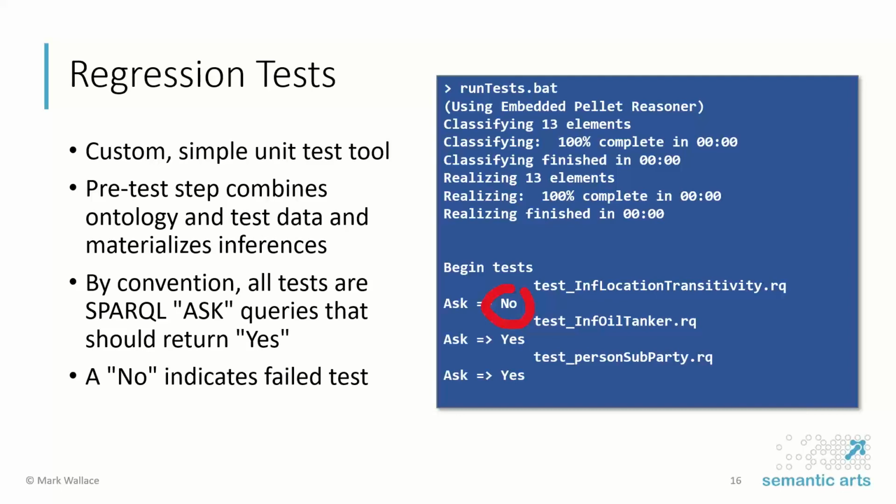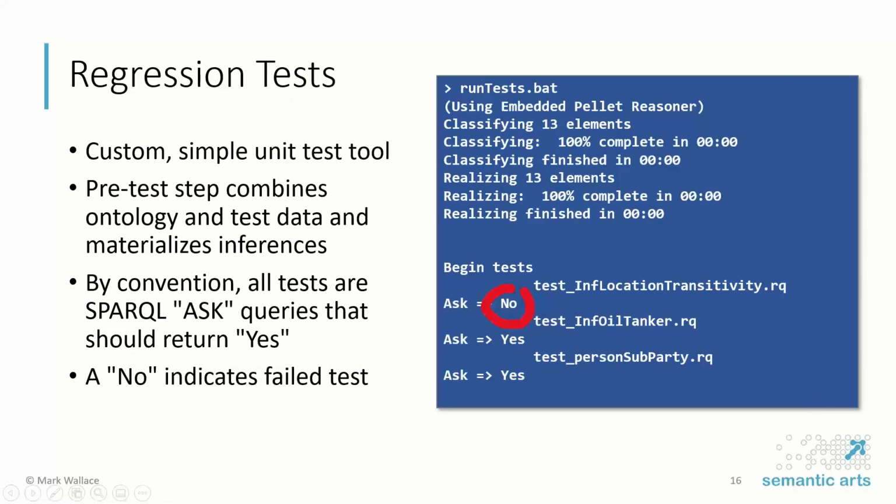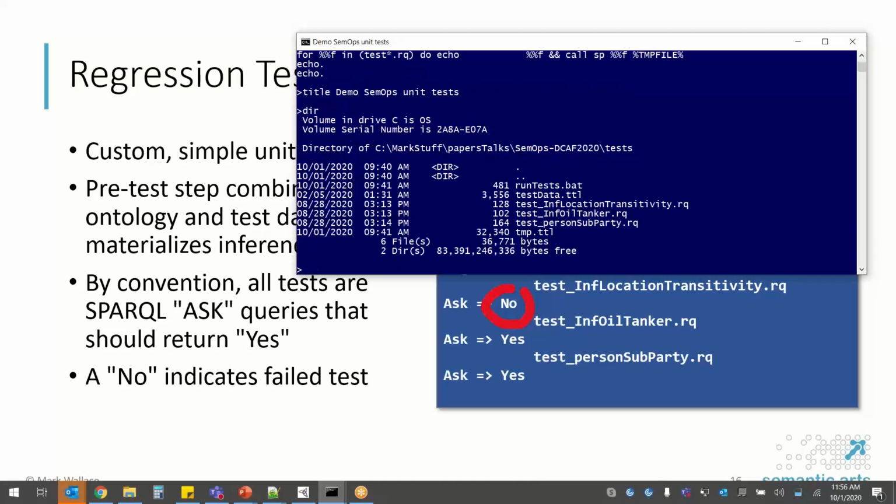Let me show you. Here's a directory that I have. It's got this run test bat script in it. It's got a test data file in it. It's going to reach up to the ontology directory, pull down the ontology, combine it with the test data, run inference on it, and then it's just going to go through, and for everything it sees is a test.rq, it's going to run it. If I do this,